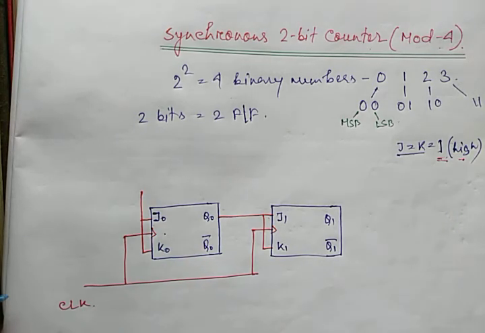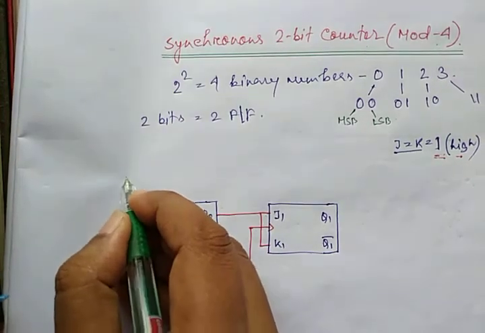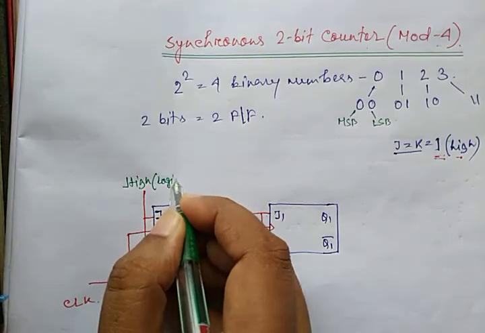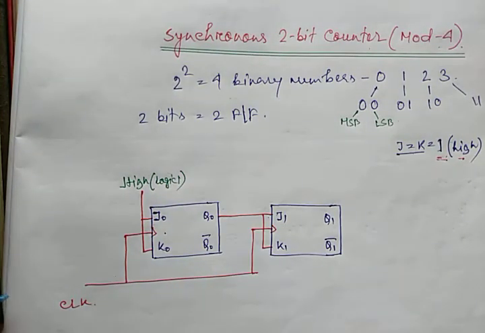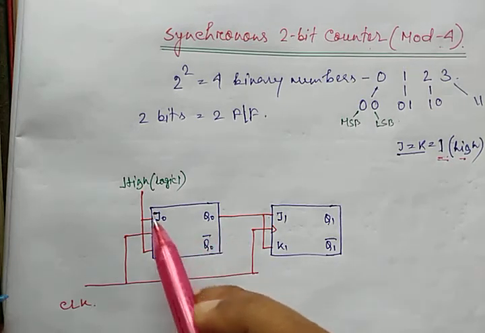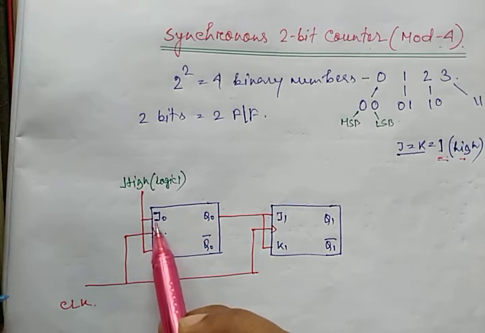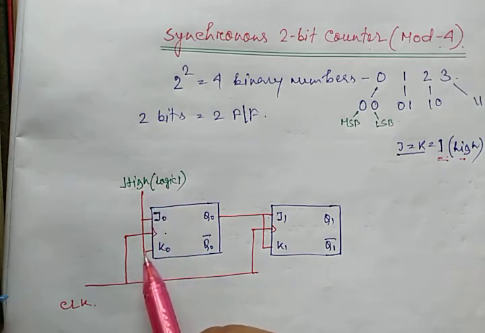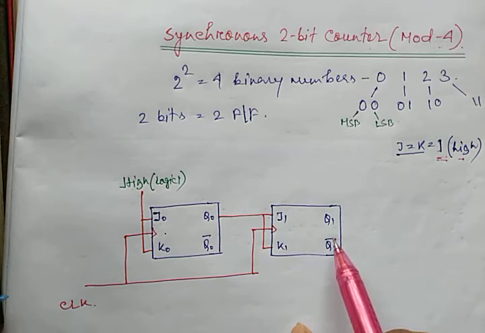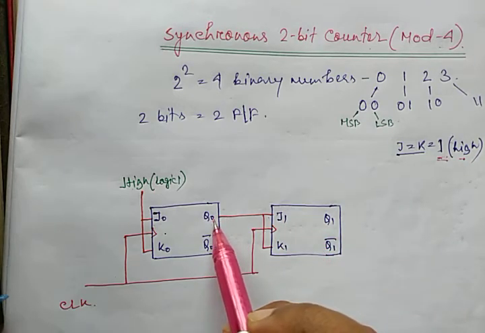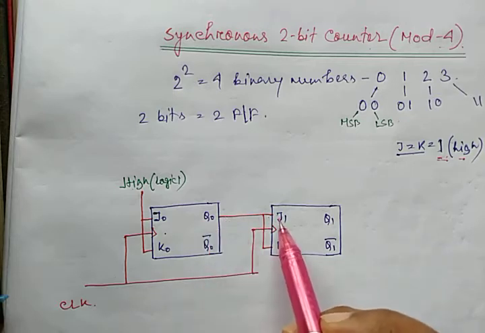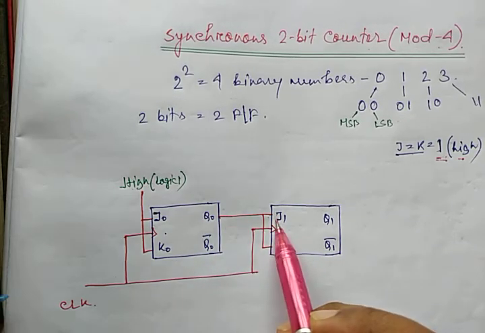So the input must be high every time. High, that is logic 1, must be fed to the first flip-flop, as we can feed input of the first flip-flop only from the outside world. The next flip-flop will get activated when it gets the value 1 from the first flip-flop, and this flip-flop is connected with the output of the first flip-flop.